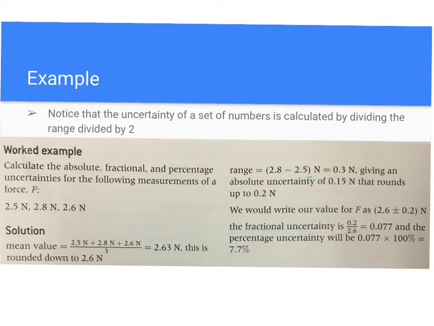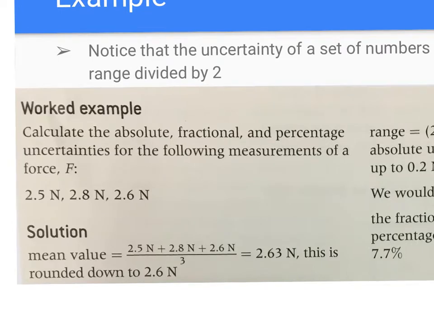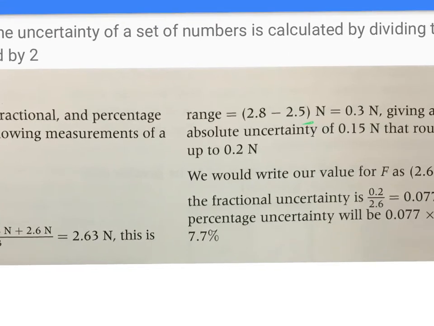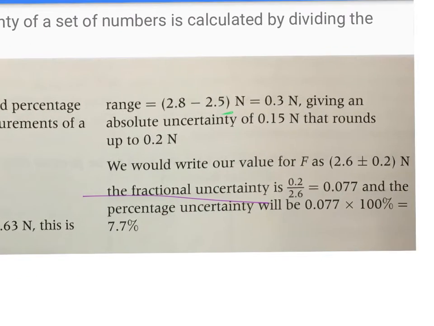Quick example, and something to note here. If you're given a range of numbers or a data set and you don't have the actual measurement tool, the next best way to find the uncertainty is to figure out what half of the range is. And so in this case, our largest number is 2.8, our smallest number is 2.5, and so our range is going to be 0.3. Now, half of that is 0.15, but what you should notice is that the decimal place